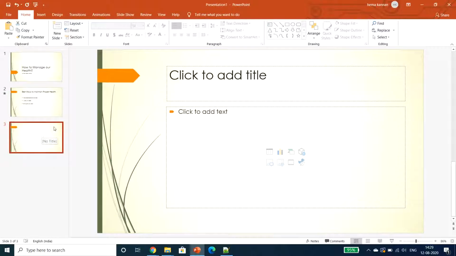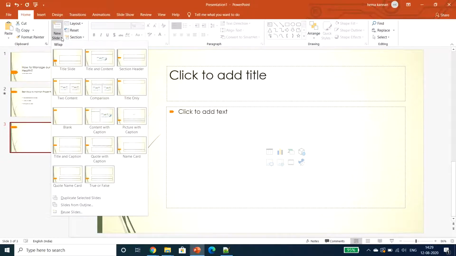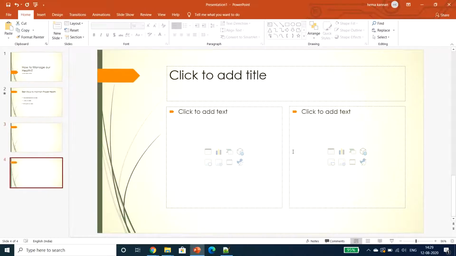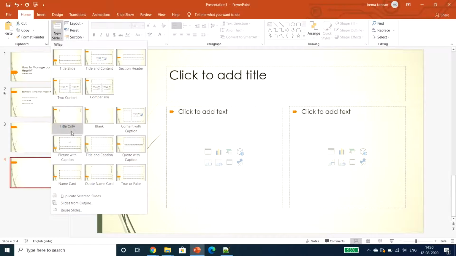If you don't want that, I can click the arrow button in this New Slide option, so that it will show many layouts. If we need this Two Content layout, I can just click it. So you can see the difference, right? Now we have a title and 2 text boxes. The same way we have a lot of layouts.